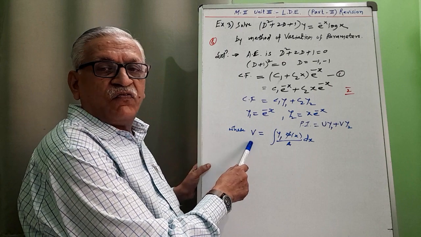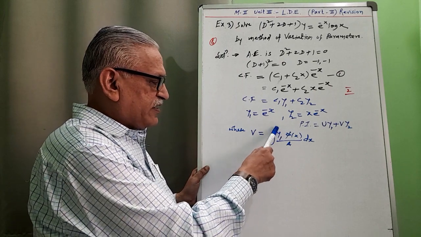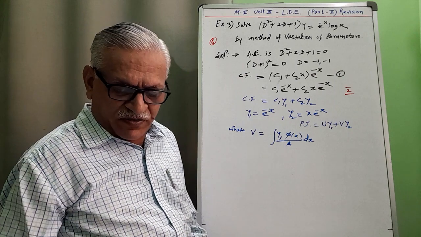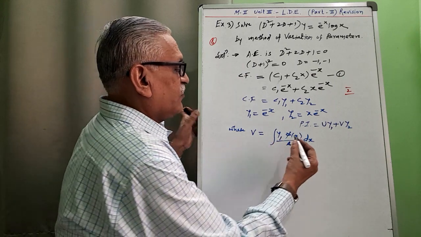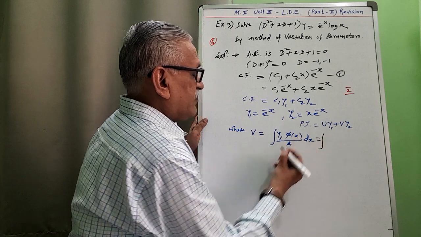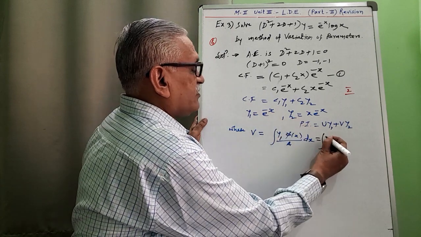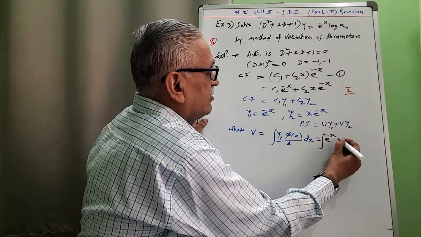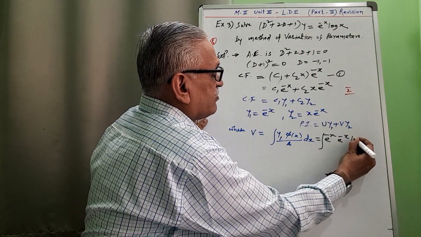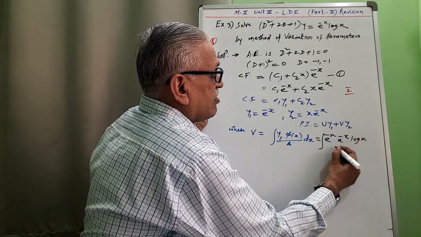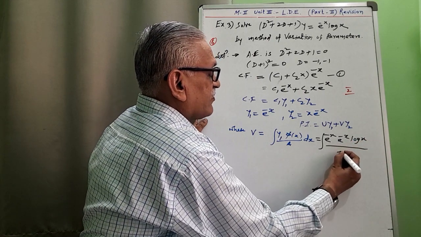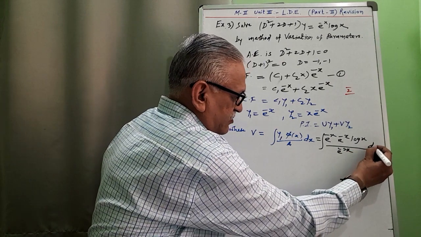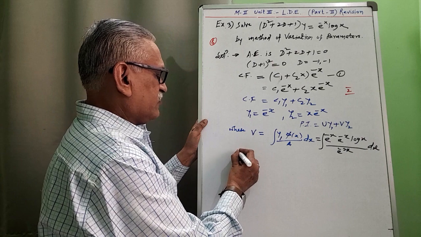Then we find v, which is given by, or obtained by, integration of y1 phi of x divided by e, and its integration with respect to x. Substituting the corresponding values, we get y1, the value of y1 is e raised to minus x, phi of x is e raised to minus x log x, and whole divided by e raised to minus 2x, the value of e, and then its integration with respect to x, it is equals to